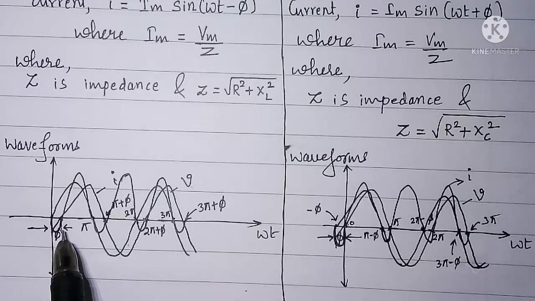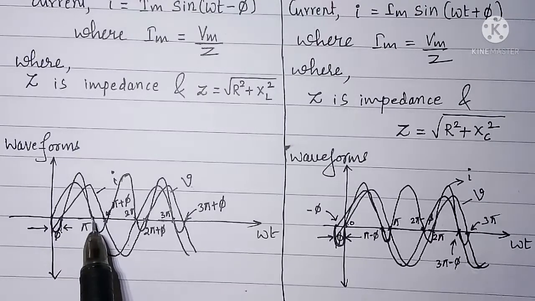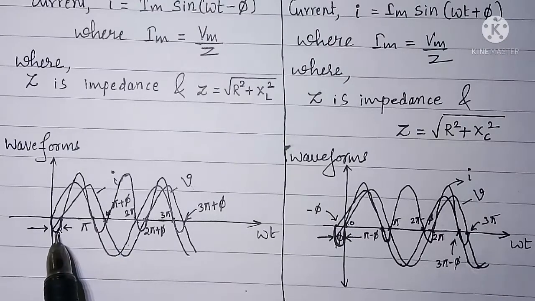Therefore, the power taken by RL series circuit from the source is more than the power returned to the source, which means that RL series circuit, similarly RC series circuit consume certain definite power,